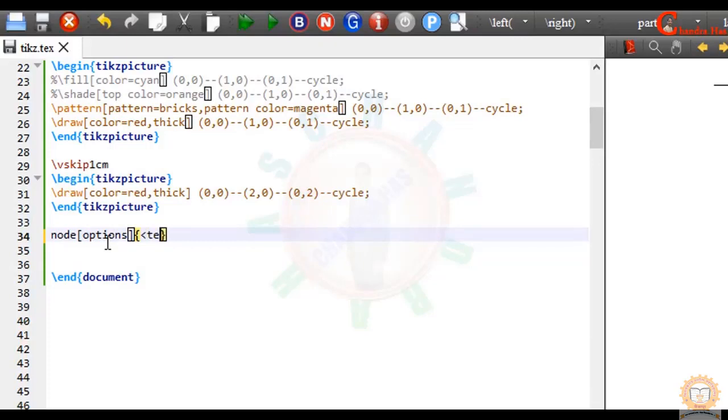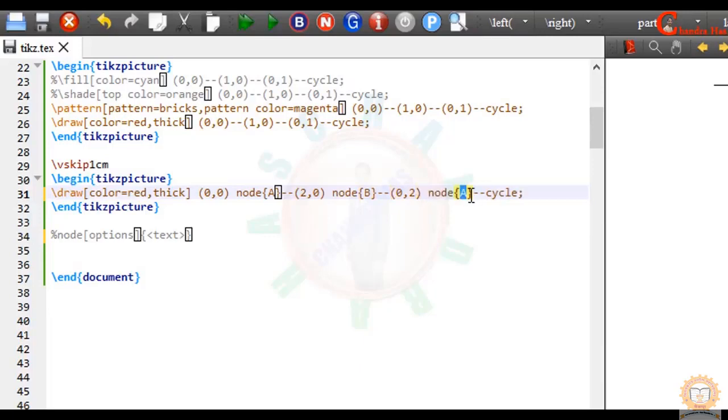Okay, so at each point after writing coordinate, just write node operation, and in a curly bracket just write our text. I'll copy this, and after this point I want to write B, and at this point I want to write C, and compile your file.